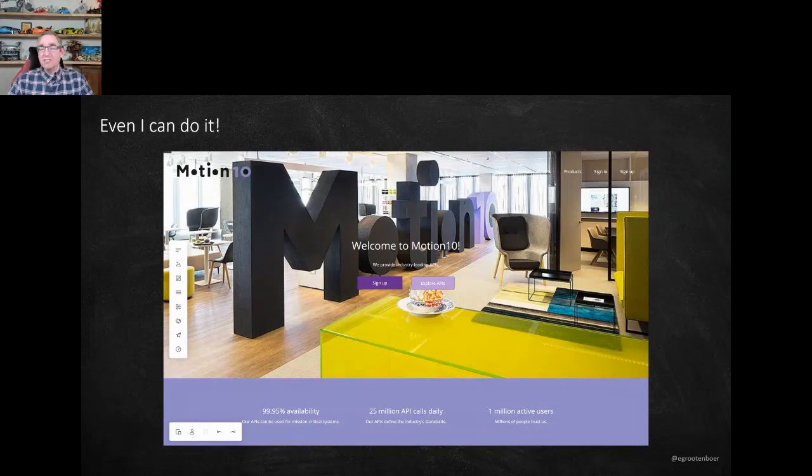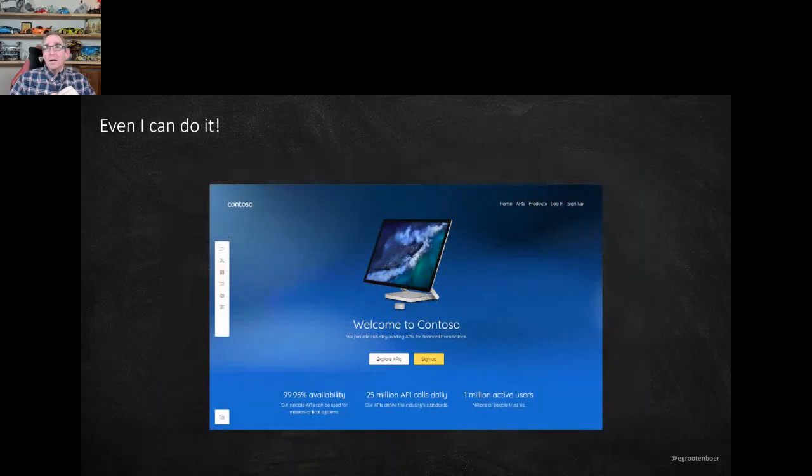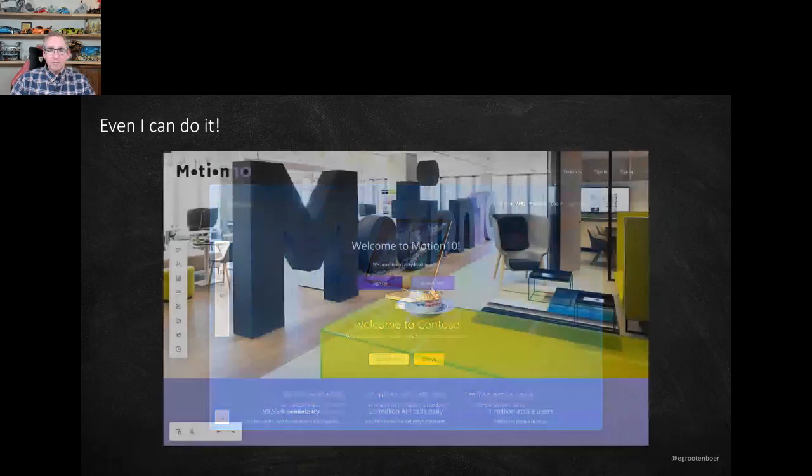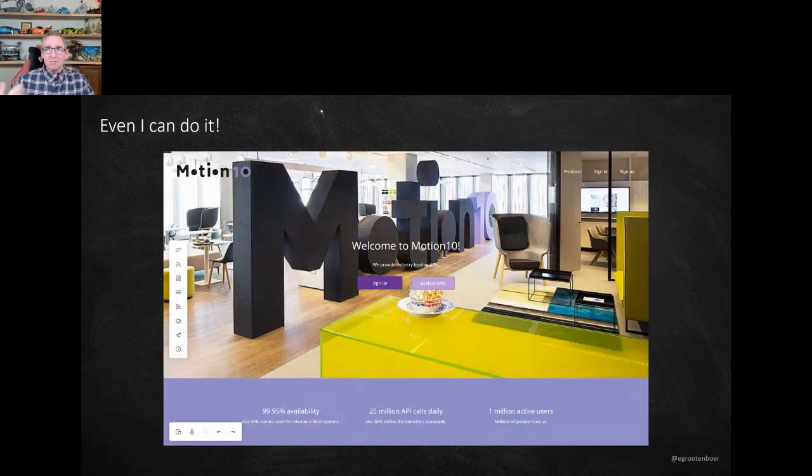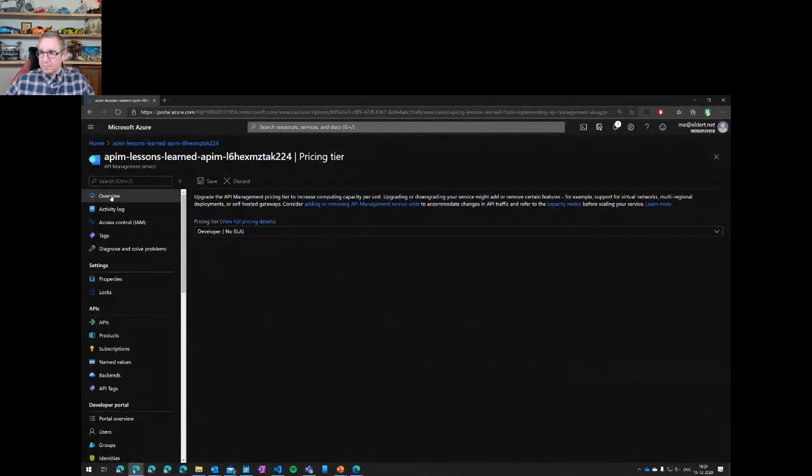I'm not going to say this is perfectly aesthetic or anything like that. Like I said, I'm still a backend developer. I don't know about color settings and stuff like that. But just being able to quickly say, okay, our Motion 10 colors, our Motion 10 logo, our backgrounds, just in like 10 minutes to have this completely set up, that was quite nice to me. And so actually it just looks like I said, from this to this is about 10 minutes for me. And just very easy.